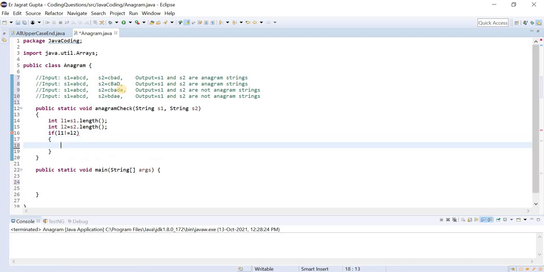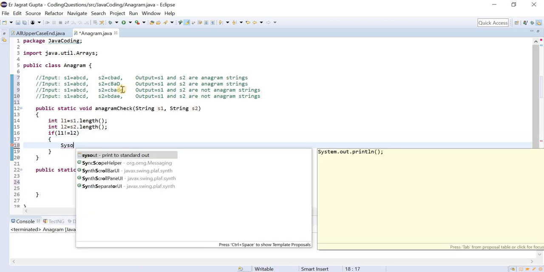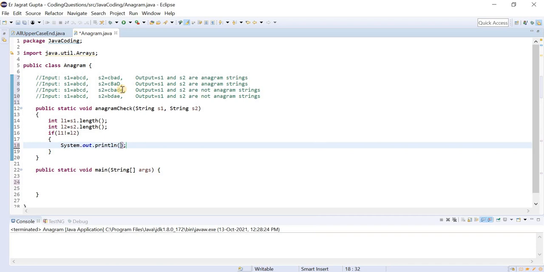Then we can print like this: System.out.println L1 and L2 are not anagram strings.